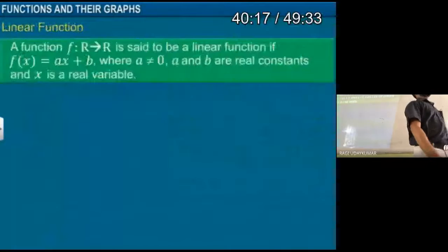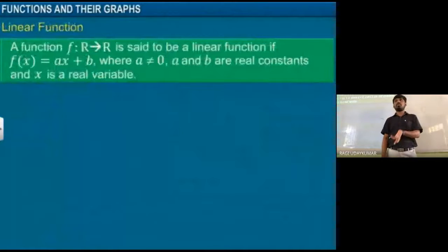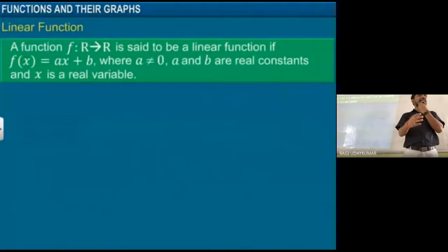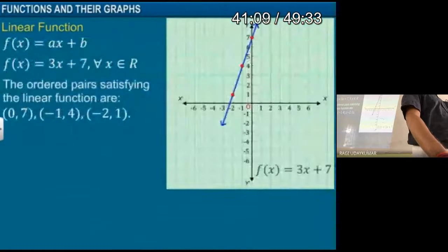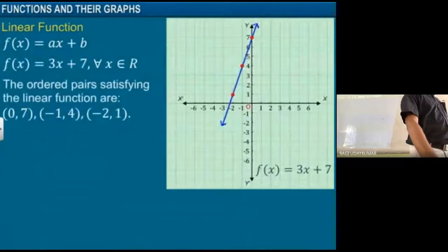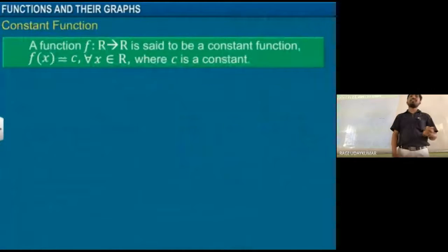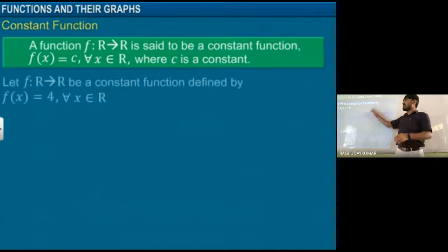Next, linear function. A linear function is a polynomial ax plus b, a linear polynomial, which gives a straight line. Whenever you take this function, any straight line we get. Next, constant function. A constant function is one where all elements are linked to only one element. The first set has many elements, all linked to 4 only. f of x equal to 4 means that.